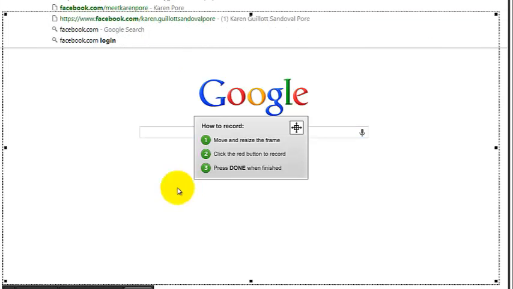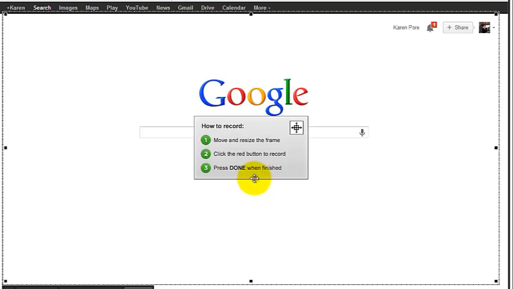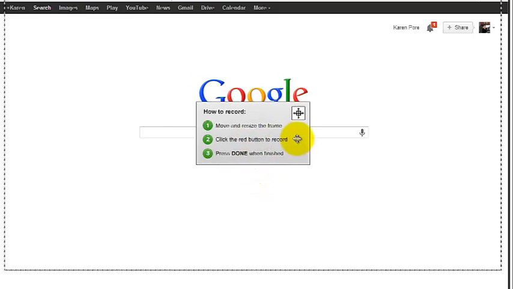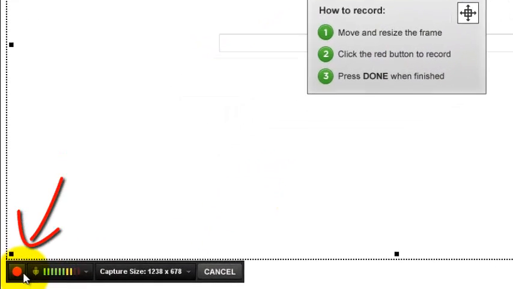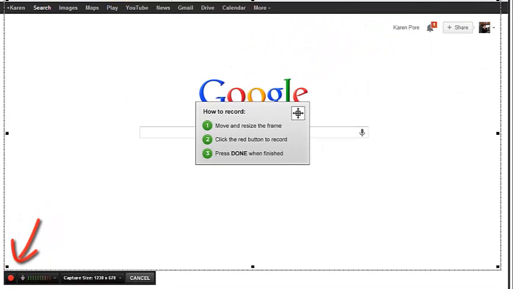So you just go to Facebook, and basically what you could do is down below here you'll see when you're ready to record, you just simply hit record. I'm just gonna do a Google search, and so it'll record me, so you can see what it does. Just hit the red button,